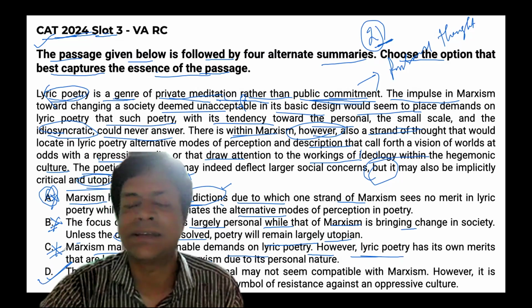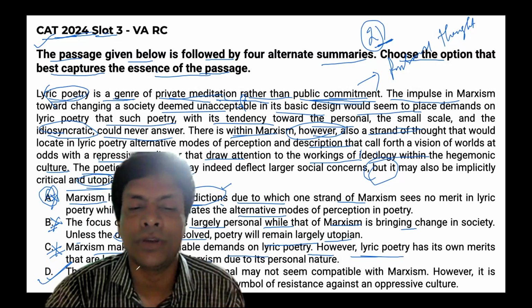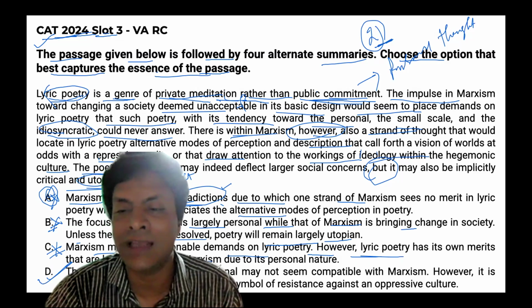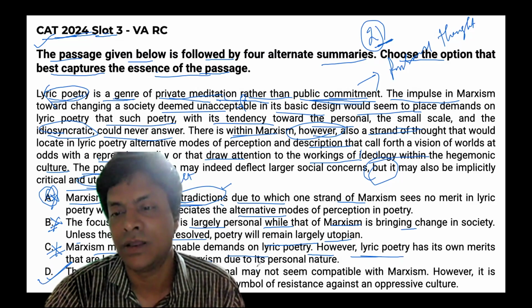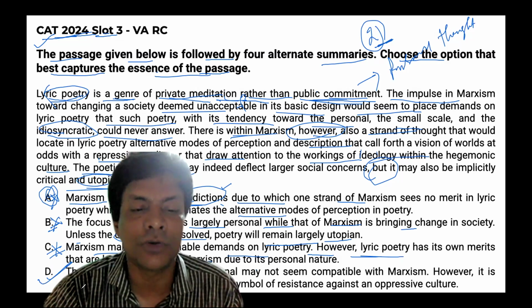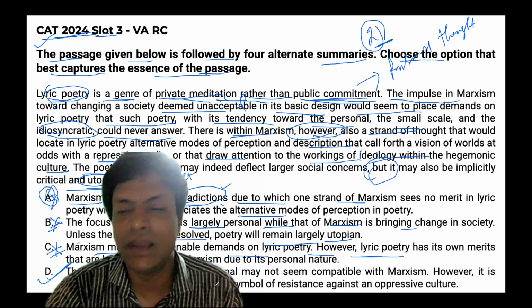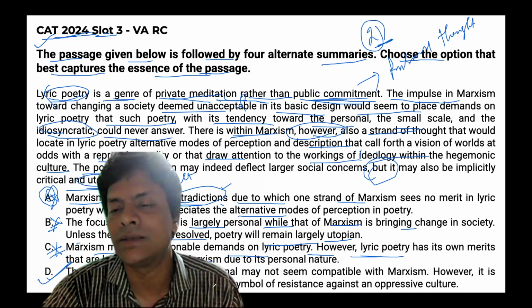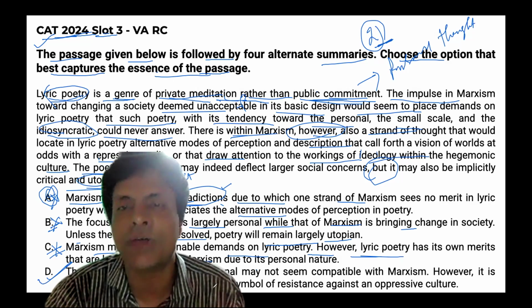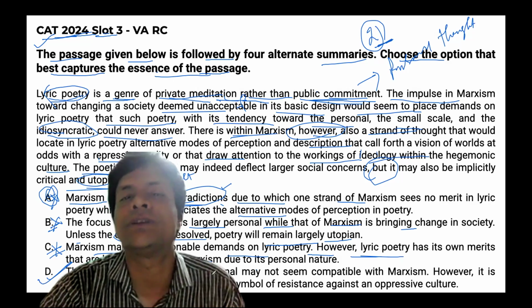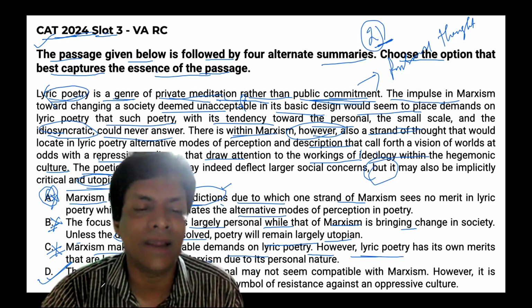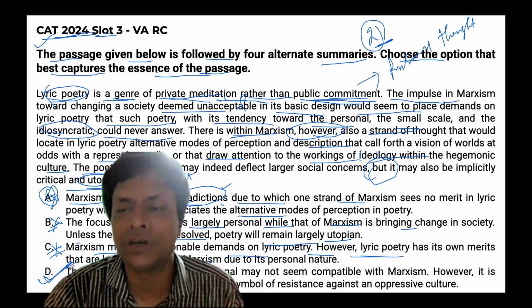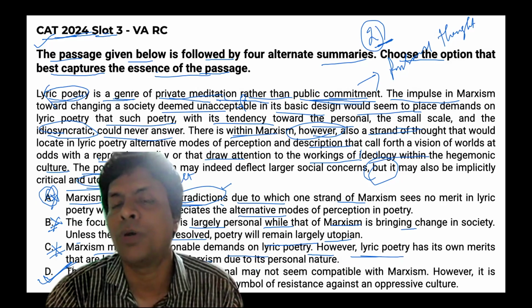So D states that the focus of lyric poetry as personal may not seem compatible with Marxism, right? However, it is possible to envisage lyric poetry as a symbol of resistance against an oppressive culture. So, in that case, we can find that option D will be appropriate because it tries to carry the main idea from the passage,